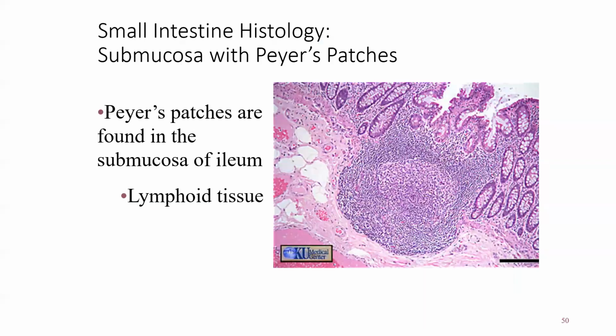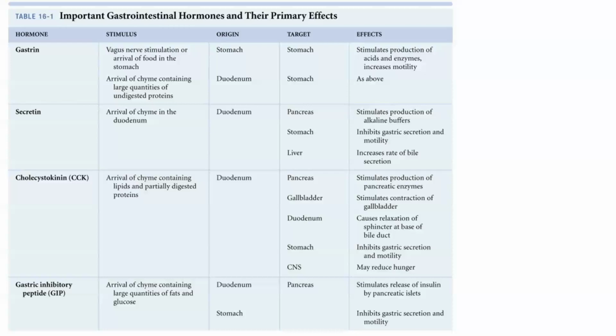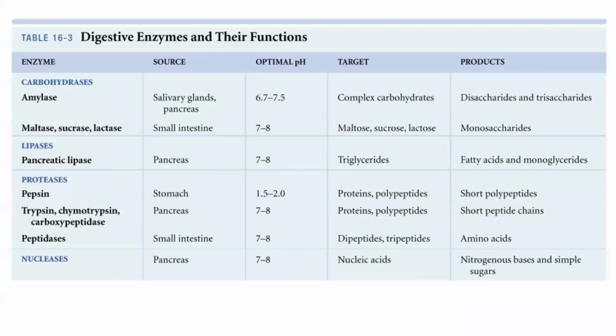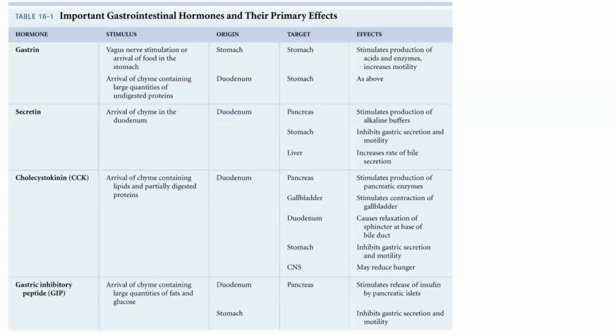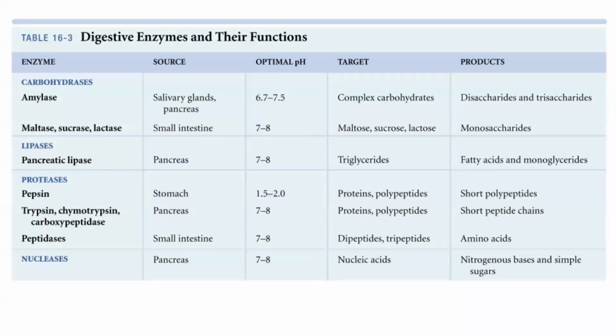For example, we didn't spend a lot of time talking about digestive enzymes. We've not mentioned some hormones. In your lab information here, you have a table which lists some of the major hormones as well as the major enzymes. All right. Please ensure you go through this. Please ensure that you go through the information in your lab manuals with regards to the worksheets. Information from there can also show up,